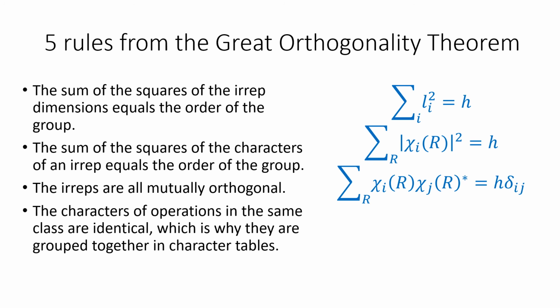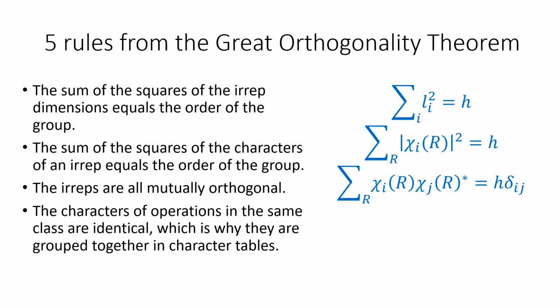And then going on here now, the characters of operations in the same class are identical. This is what we saw before. Remember, these are the threefold and two lots of threefold operation. Ultimately, the characters are the same. So the characters of operations in the same class are identical. That's kind of how I suppose we define the symmetry classes,